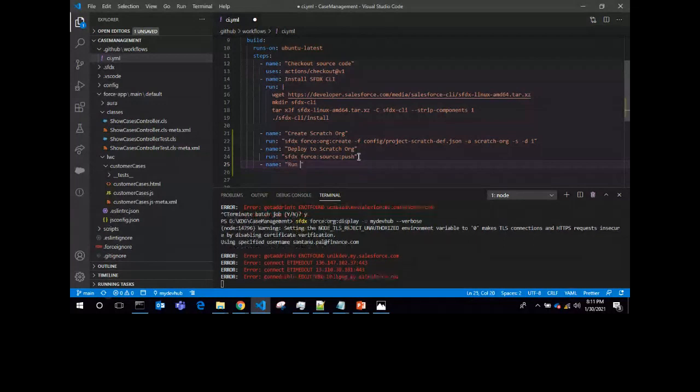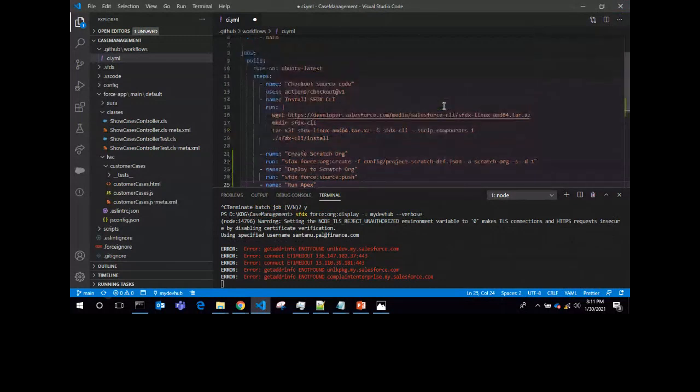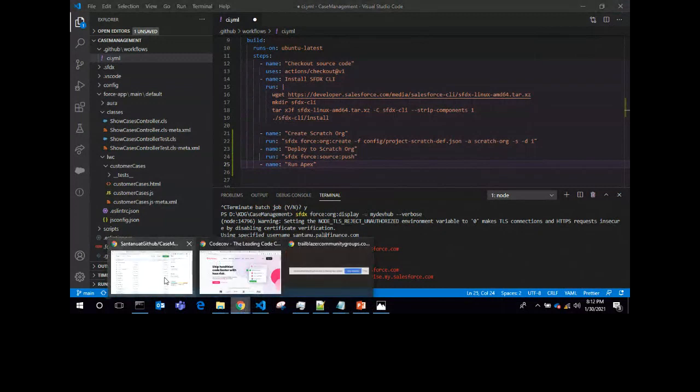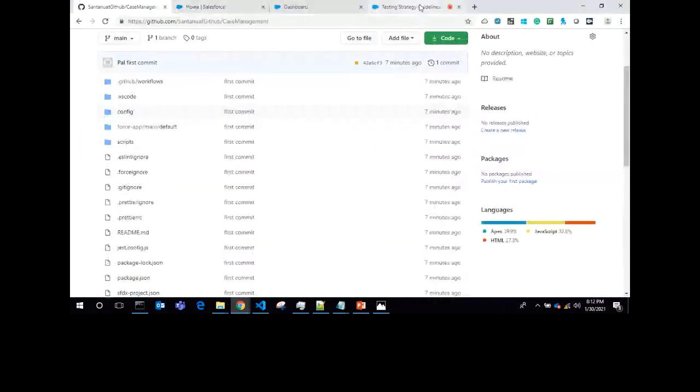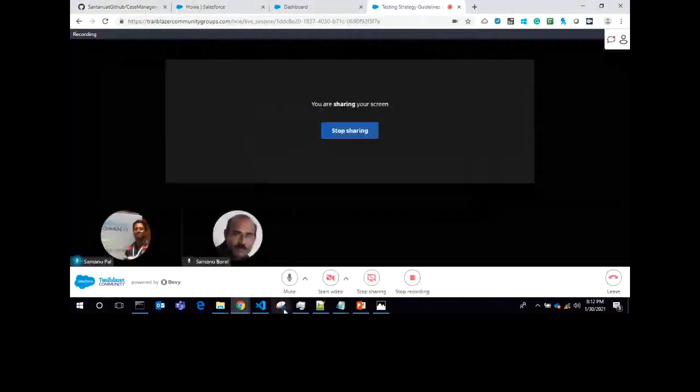Antanu, if you can maximize your screen, it will be visible to everyone. Someone has requested that. Can you please check if you can maximize it, if you are sharing the screen in sharing mode? No, I think it cannot be maximized. This one? Yes. No? Yeah, I think same. Let's continue. Okay, no problem.